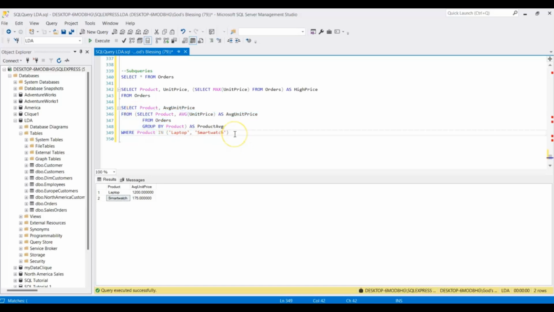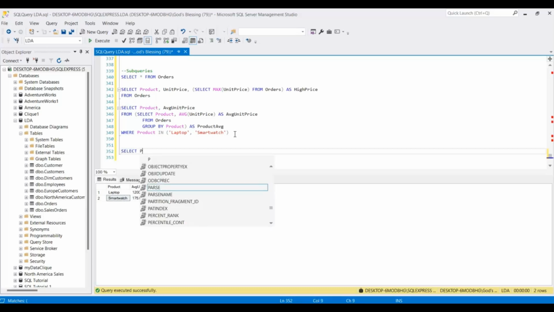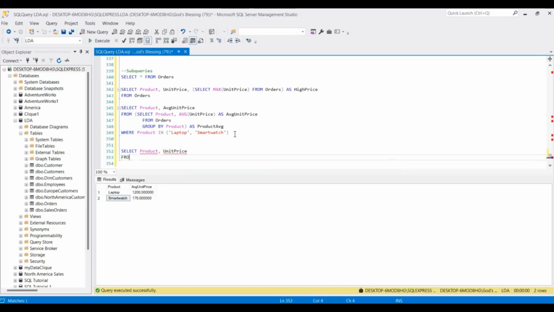Now let's look at subquery in the where clause. So let's say I want to find products that are above the average unit price. To do this in the where clause, I'm just going to say, okay, select what? I'm going to select the product, comma, I'm going to select the unit price from where it's coming from, the others table. Then what else? I'm going to use the where. So where what? Where the unit price